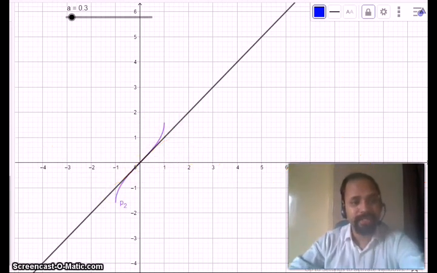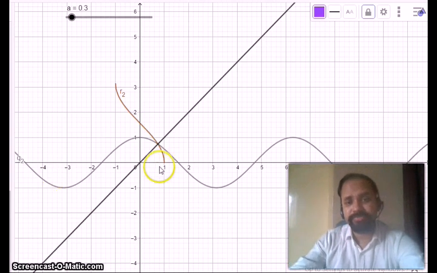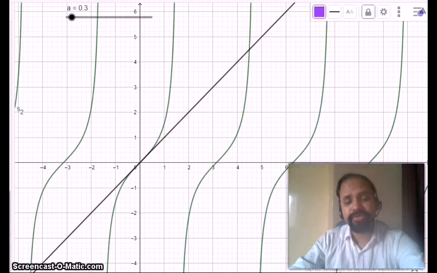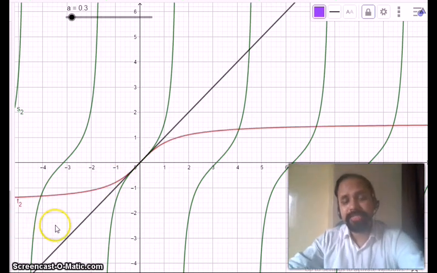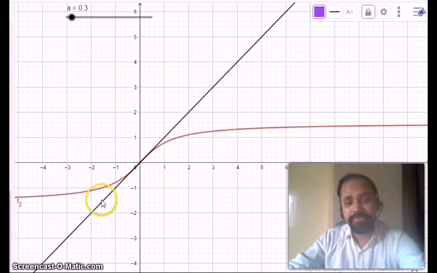Okay, next, if we come to cos x, then this is the graph of cos x. And if we want to draw the graph of cos inverse x, simply draw the image of this graph from 0 to pi. Okay, next, if we have tan x, and if we want to draw the graph of tan inverse x, again consider the line y equals x a plane mirror and draw the image of tan x. Okay, but since again the trigonometric function is many-one, we have to restrict the limit. That's why we restricted the limit of tan x from minus pi by 2 to pi by 2. For that, the function is one-one onto, that is a bijective function.